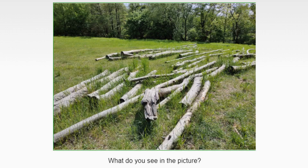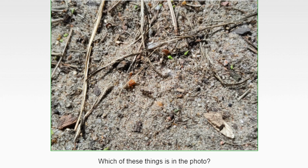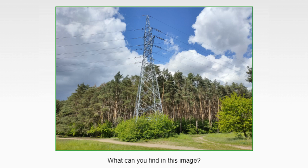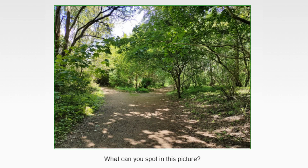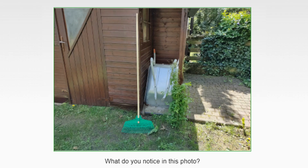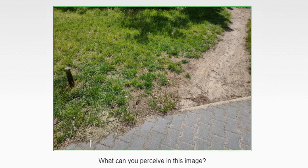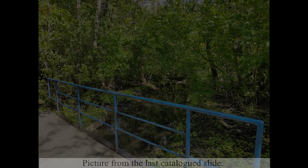What do you see in the picture? Neglect. Which of these things is in the photo? Needles. What can you find in this image? Sky. What can you spot in this picture? Undergrowth. What do you notice in this photo? Horseshoes. What can you perceive in this image? Shadow. Item number,